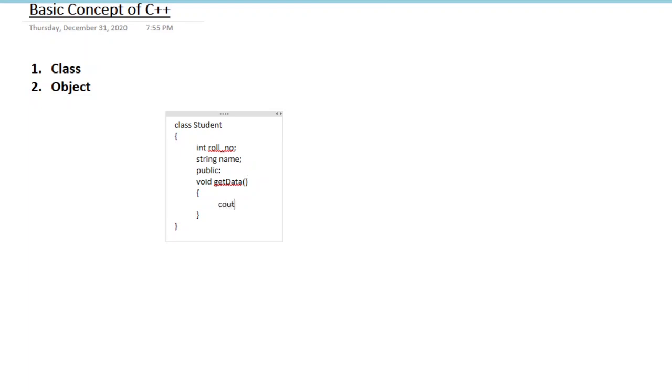First we will print the message with cout, enter roll number of a student, then endl. Here endl means, as we learned in C programming, \n for a new line. So in C++ we have endl, and cout for printing a message, and cin is used for reading any data from the command prompt.